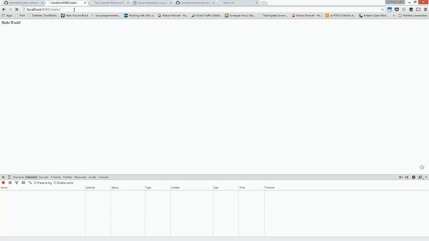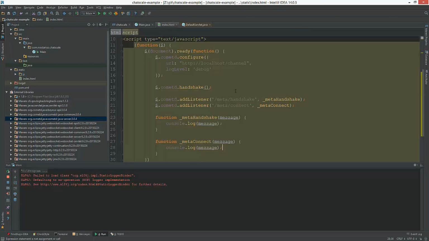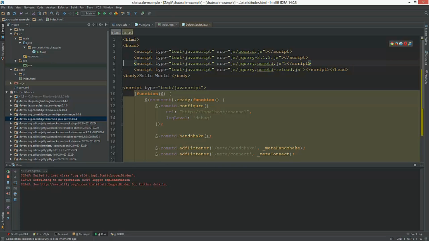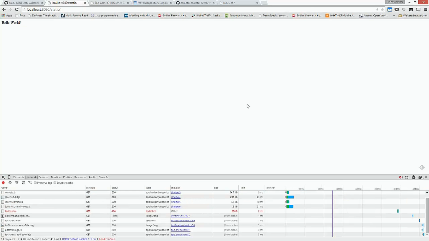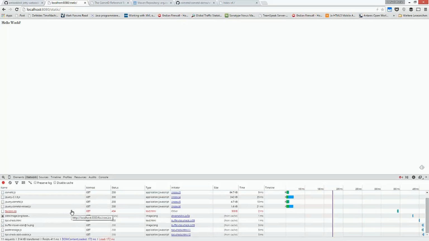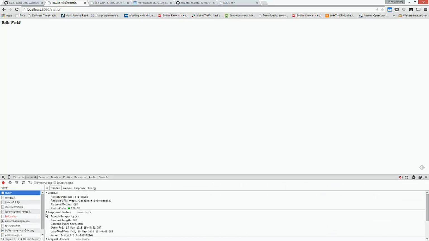I'm not sure if we can see that somehow. Oh, it can't find one piece of data. So let's quickly remove it from the index. That was the cookie thing. And we see nothing, I guess. Nope.